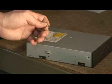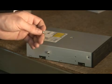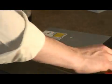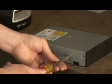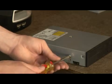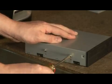These came with our computer, so we're not going to be utilizing the ones that came out of the package. Like I said, you just have to look at how all your other drives are installed and go off that. So we'll install the screws. Now one thing to keep in mind is this metal is very thin. So you don't need to torque these very hard, just install them like so, a little twist, and that's really